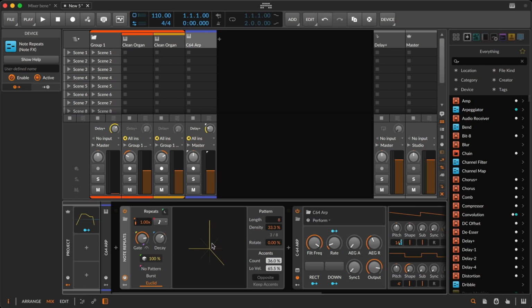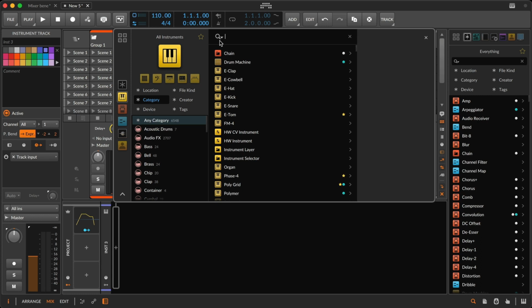I would like to try it. That's kind of fun. I could do a lot more here on the track level, but maybe this is good enough. I want another layer.